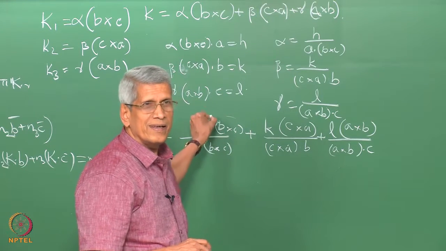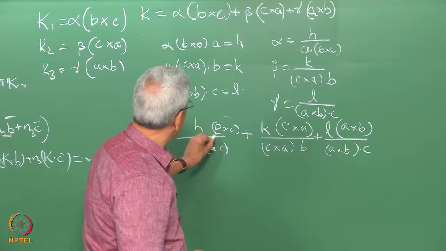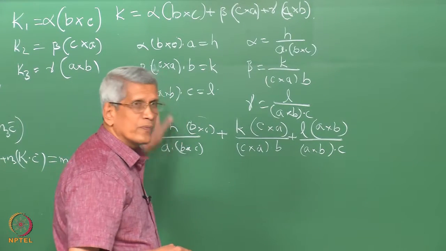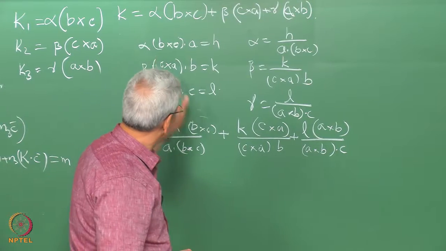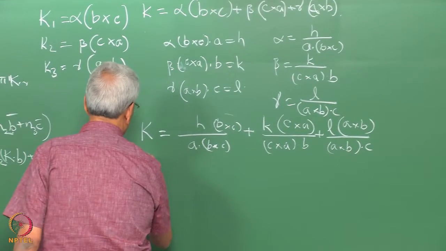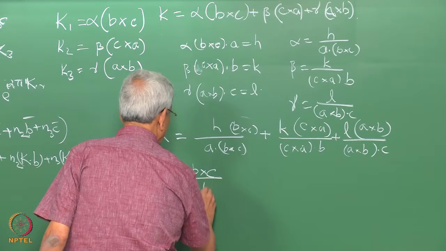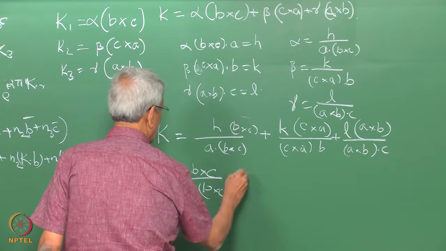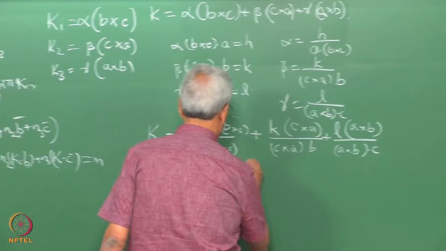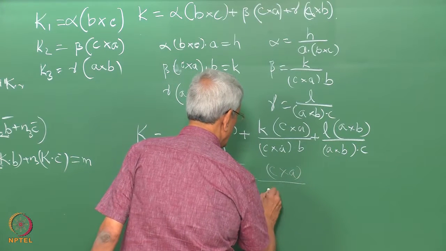Because what this value is nothing but the alpha value which you have found, it is the magnitude. Now, we can take it as Ka, Kb, Kc, or this itself can be written as, if I write it as A star, B cross C, correct? Similarly, I am just denoting it this way.